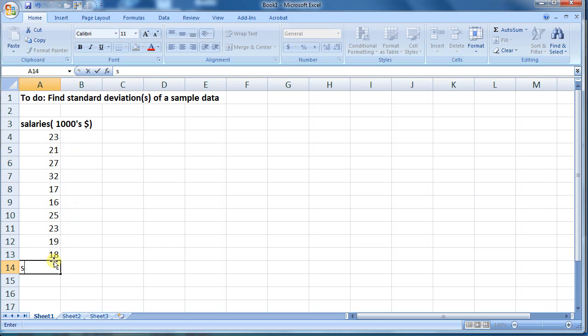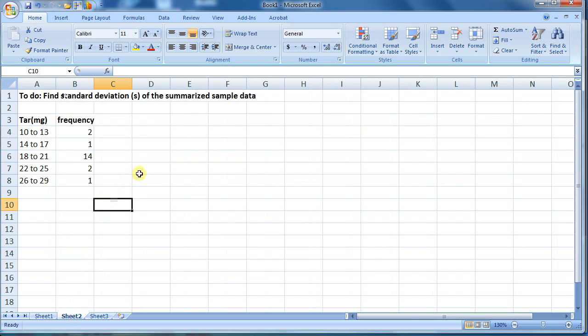So to find standard deviation I just need to use one function from Excel, which is equal STDEV, and then the input is just all the data. You select the data value, the range, and then you press enter. So 5.0 is the standard deviation of the salaries of these data. You can increase or decrease the accuracy of this data. So if you need two decimal point is 4.98